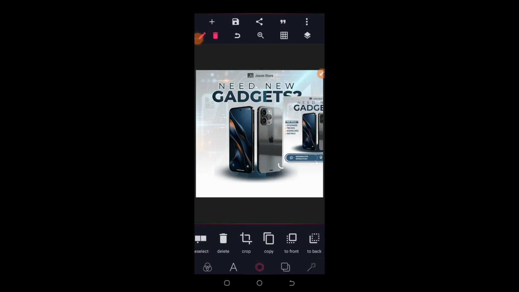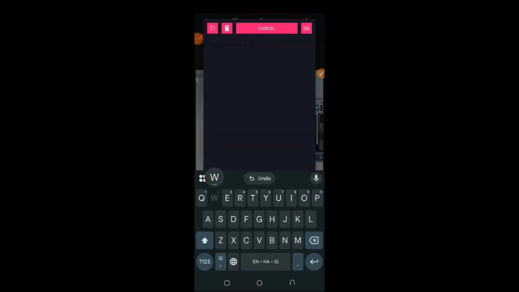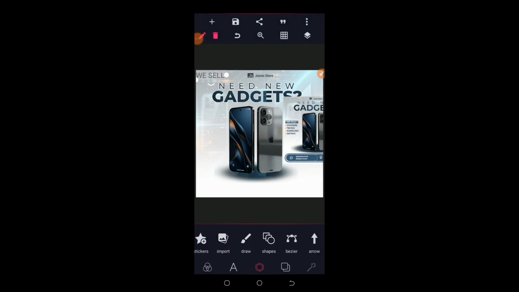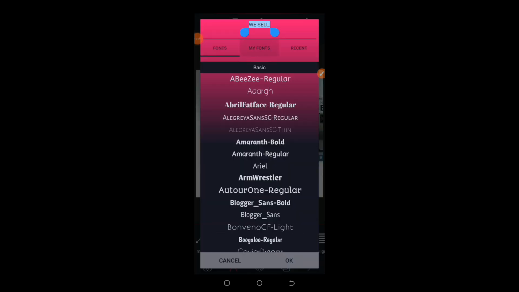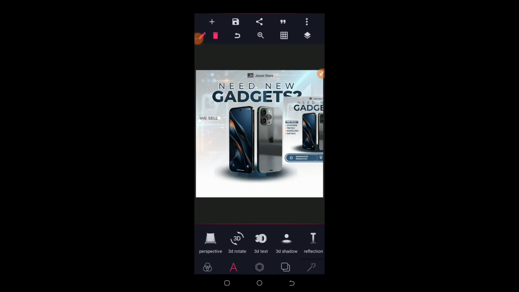We sell. Okay, what they sell? We sell. In caps lock, we sell. Okay, now I'm going to choose the font style. The font style is still Montserrat, so I use Montserrat for all the text. I'm going to the, what is it called,